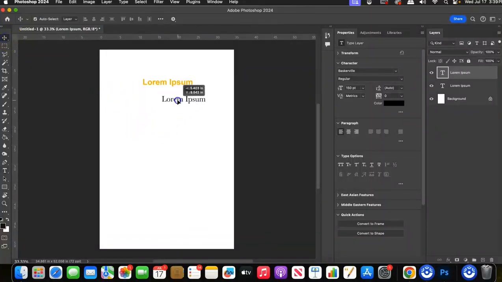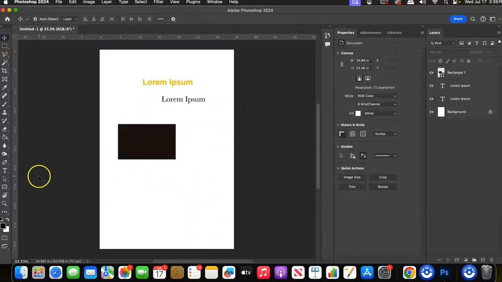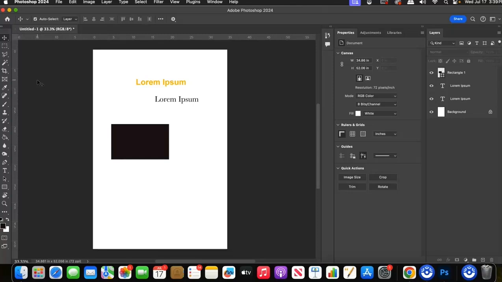The reason why I'm doing this is because what generally happens in these situations, I'm going to open up another thing here, a shape. What generally happens is that you guys will do something and then you will save it in your native format, which is a PSD file, and you'll just turn it in that way. The problem with that is very often when I open it at my end, either you've been working at home on yours or you've been working at school on yours,